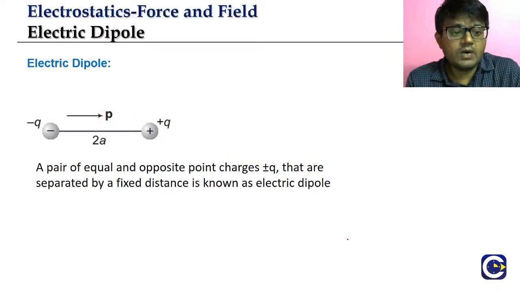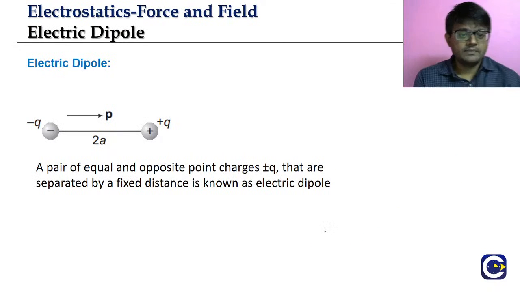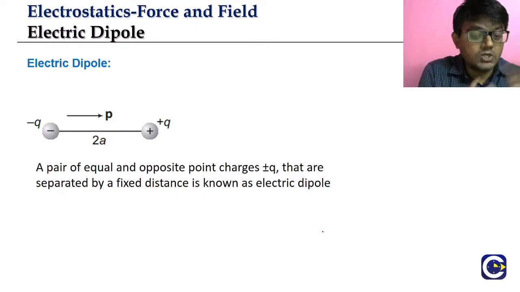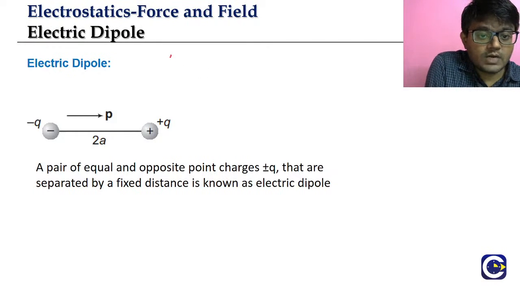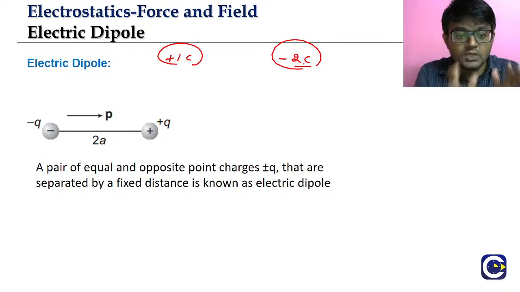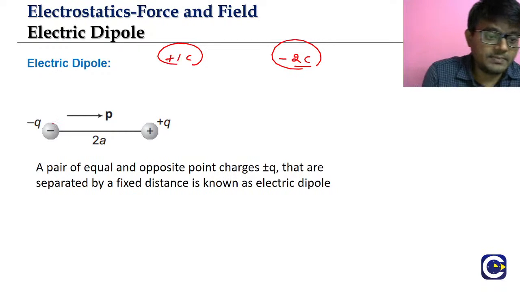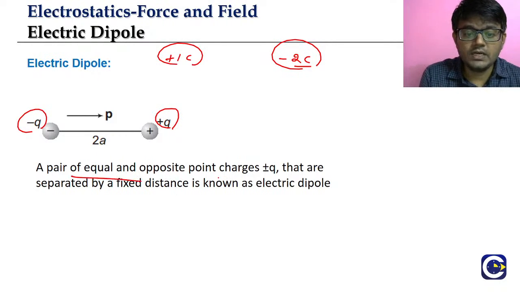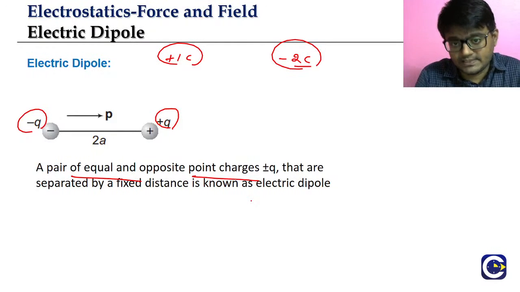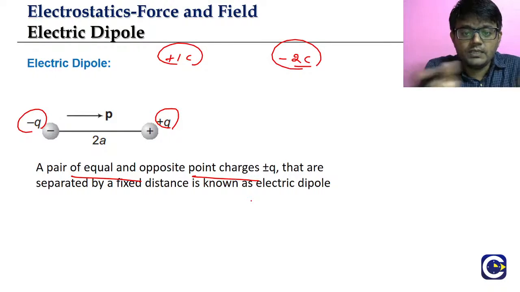What is this electric dipole? Basically, if you have two equal and opposite charges in combination, it is not like you have plus 1 coulomb in one place and minus 2 coulomb in another. That is not it. You should have two equal and opposite charges, like here we have minus q and plus q. Both are equal and opposite charges, separated by some finite distance. Then we call it an